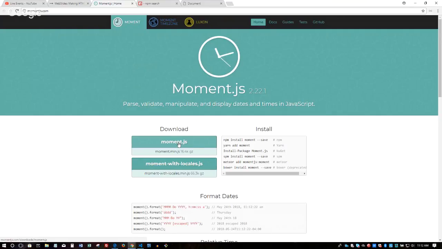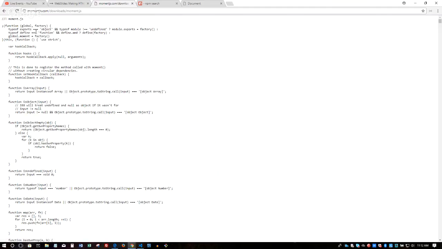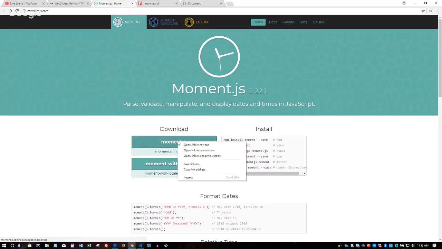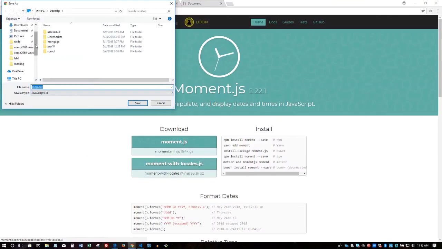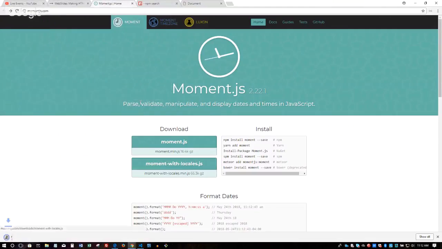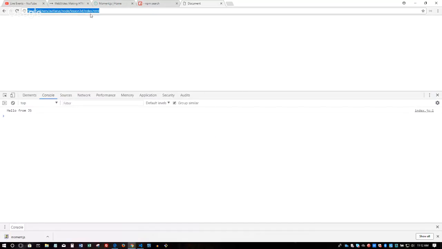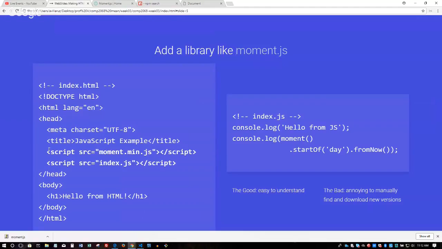So I'm going to download this. I'm going to click on this. Right? You get all of this JavaScript code. Actually, I should right-click and save that. So let me right-click, save that link. Go back to my folder, node, lesson 3, D, moment. There it is. So if I wanted to use it, I now have to add this script tag to